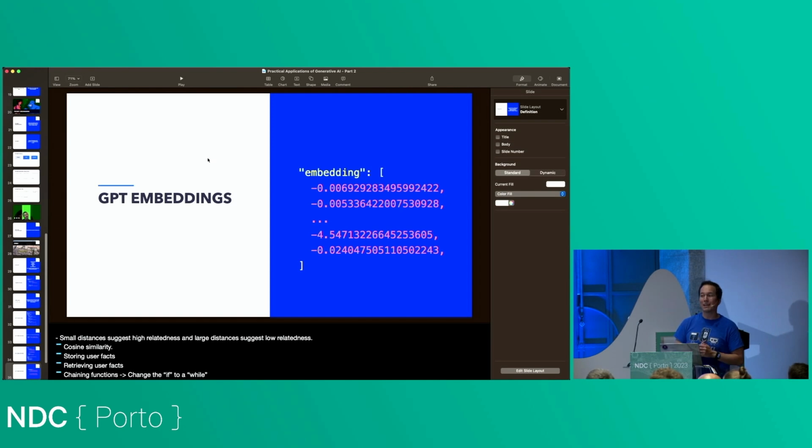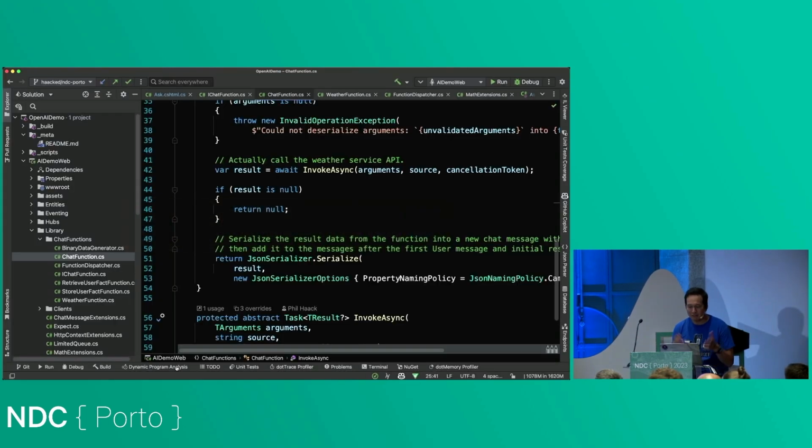And the way I wrote that is I went to GPT and said, how do I calculate the cosine similarity of these two vectors? And it gave me a pretty good implementation. But then I checked my work against a real implementation in Python, because never trust the code that it gives you back, right?